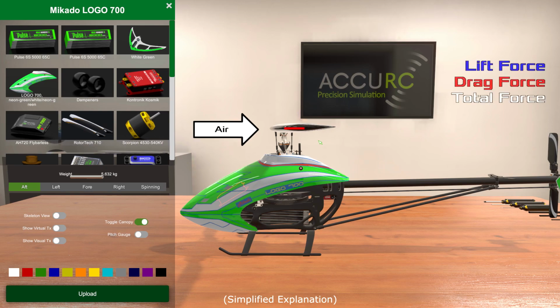All we're getting is drag from the blade, which will try to slow the rotor down, which we will need to overcome with engine power. So now what do we do if we want to fly? We increase our pitch, which increases our angle of incidence, which increases our angle of attack. The airfoil will then start doing airfoil things. I'm not going to go into Bernoulli and Coanda effects now, but